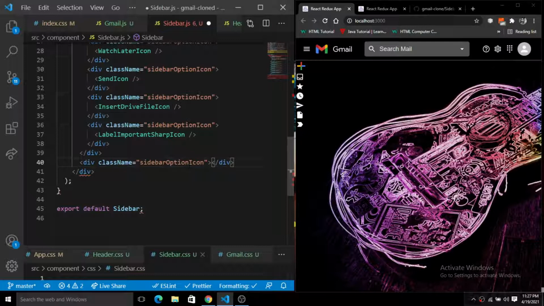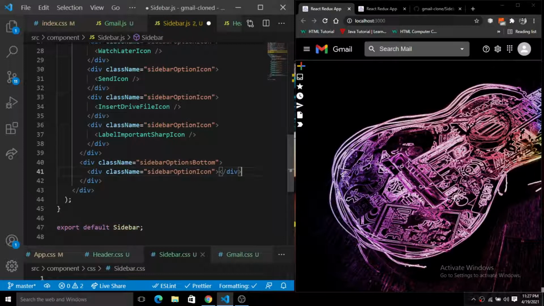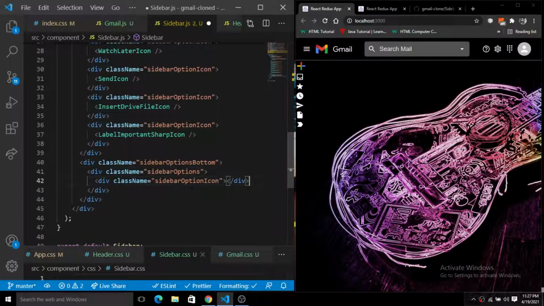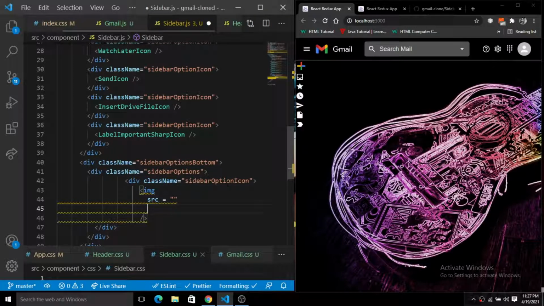So I'm going to simply create another div with the sidebar option, and inside of this we have a sidebar option icon. Here what I'm going to do, I will simply have an image tag. So we have this image, and inside of this image we will have this source and this alt.